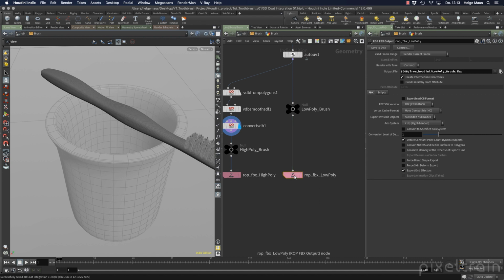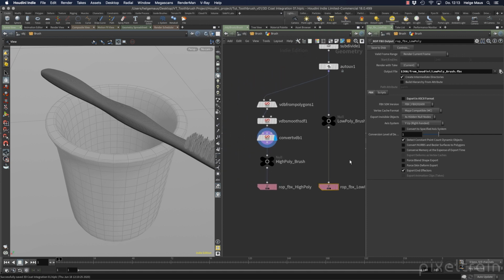If you click it here, you see the options. You see I'm in the job folder, low poly brush here as an FBX, that's okay here. I deactivated the export in ASCII format because I don't like this and sometimes it makes problems in external applications, so I deactivated that. And the high poly brush is only made here with the VDB conversion,